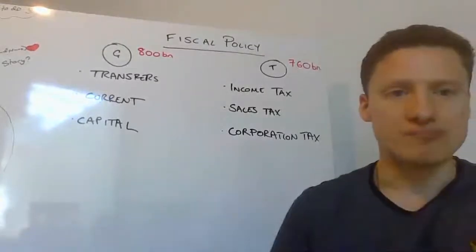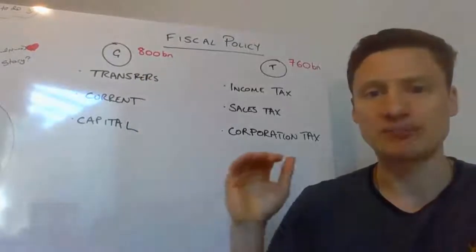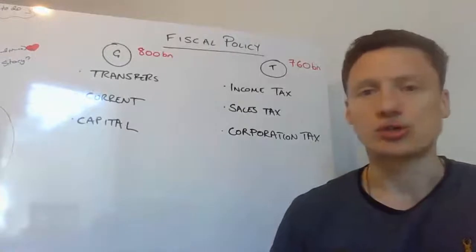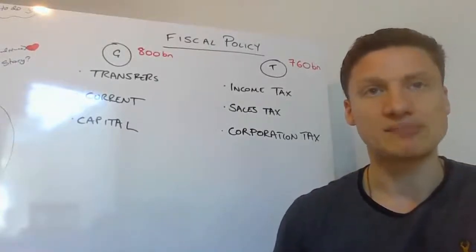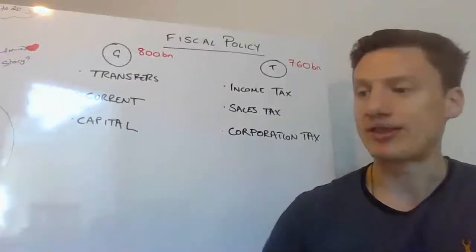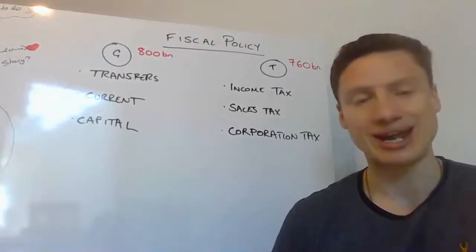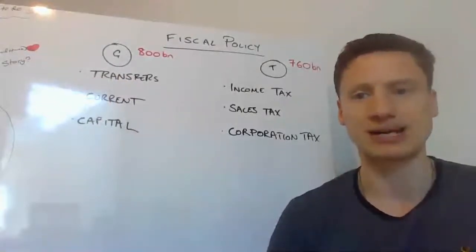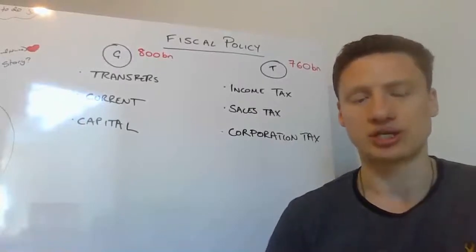But in terms of just giving a broad generalization of what government spending is, we can break it down into 3 main terms, and I'm going to explain those here. So transfer payments. Transfer payments are those payments made by the government to citizens of a country or firms of a country where there is no economic output in return. Okay, so those citizens don't get anything in return. Think of it like a bank transfer. It's coming out of the government's bank account into somebody else's bank account, but there is no output changing hands.